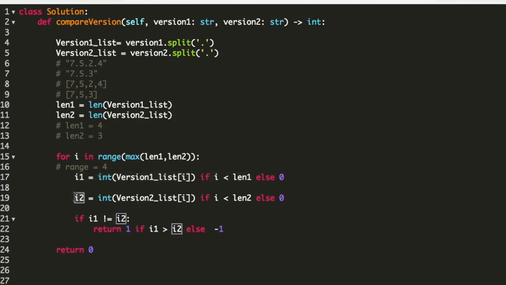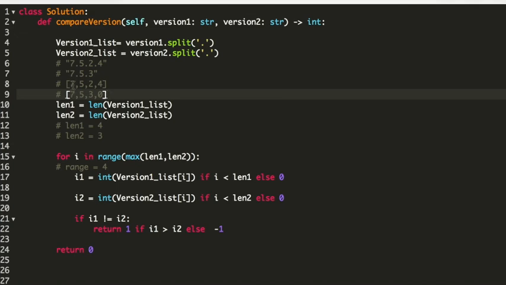When we come to I2, it will keep iterating over the version 2 list, but when it comes to a point where the length of version 2 is smaller than the length of version 1, at the last place it will use a 0: 7, 5, 3, 0.